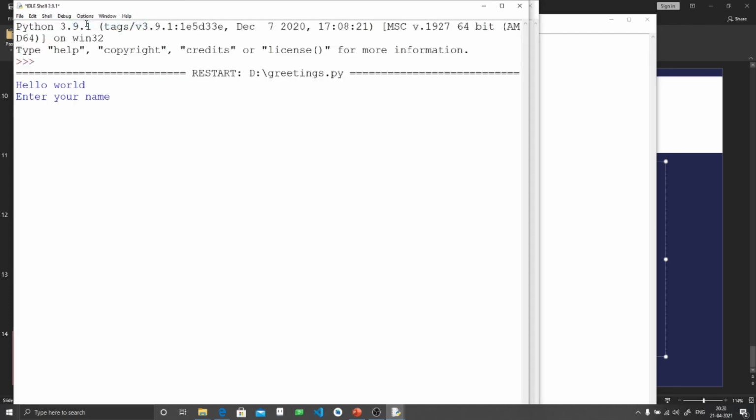It is asking for the name, so I will write my name, and see, it printed hello Shubham, good morning. It inserted my name into that print statement. To do that, first it has to store my name, so it stored my name in the name variable.